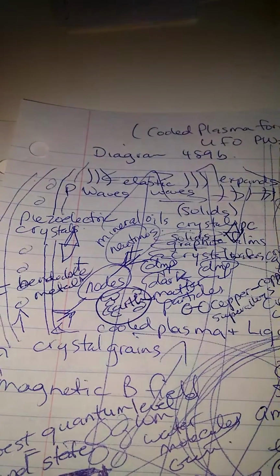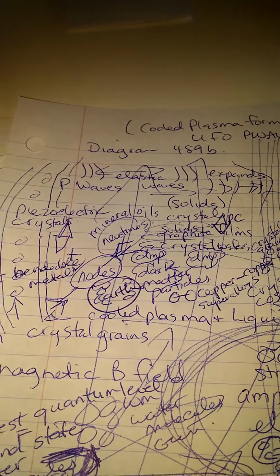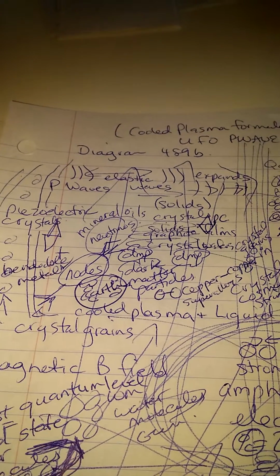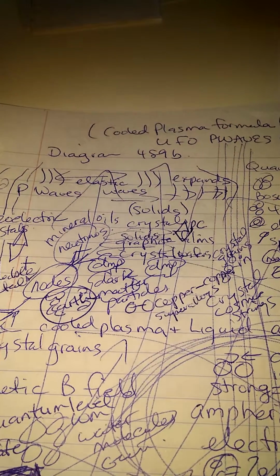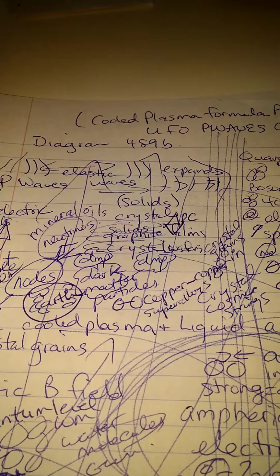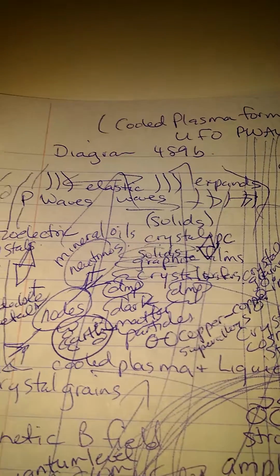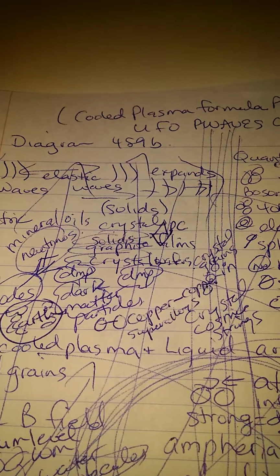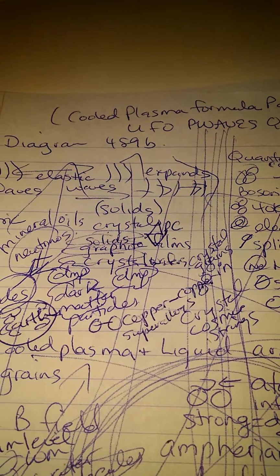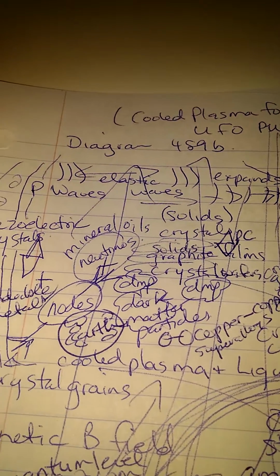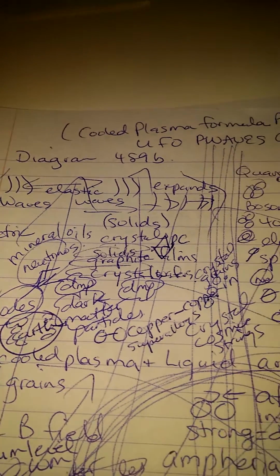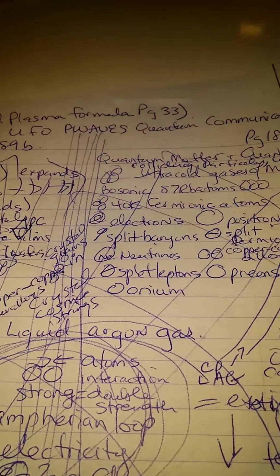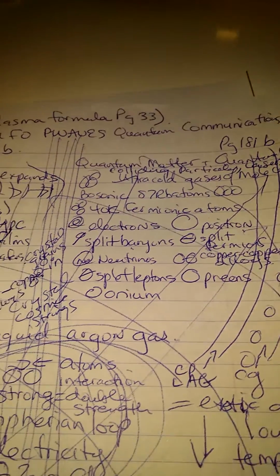And then it shows piezoelectric crystals and bendable metals formula, nodes, there's Earth there, dark matter particles, copper to copper super alloys, you got mineral oils surrounding your neutrinos, you got crystals, solid graphene films, crystal wafers, you got P waves, elastic waves, expanding, and then in order to make quantum matter and quantum gas, this is the mixture you're going to make